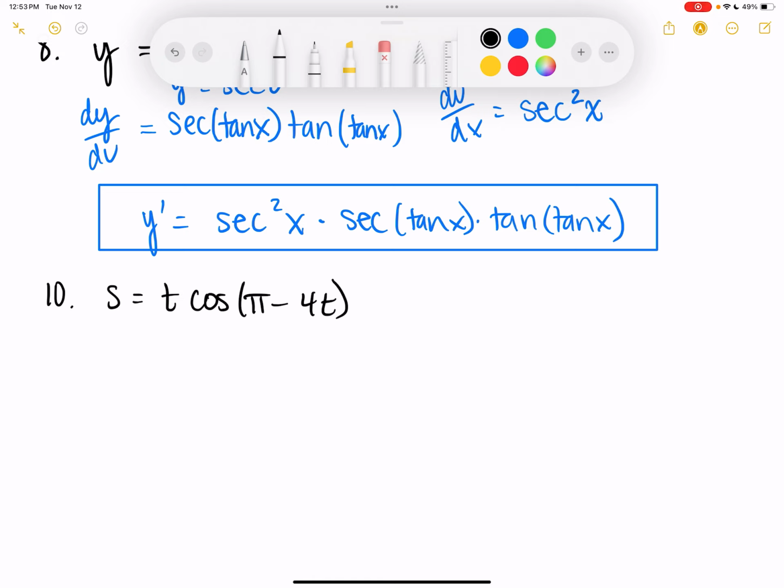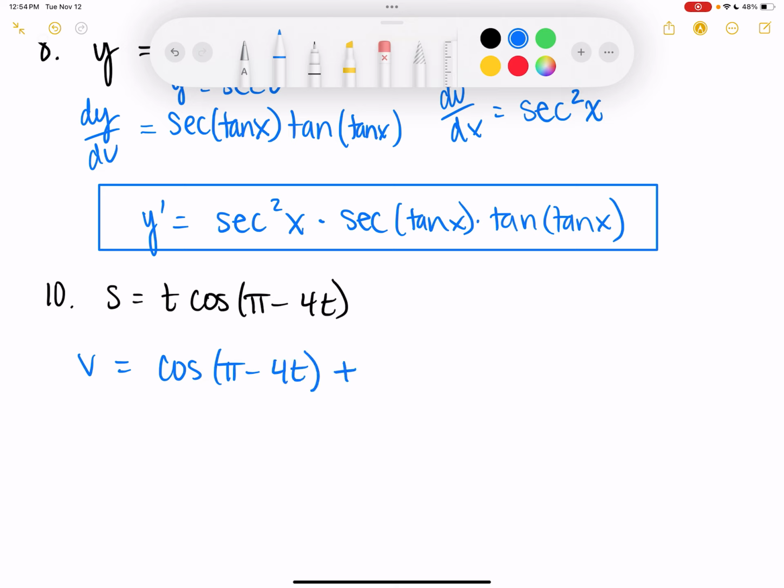I have position, and I'm looking for velocity, so what does that tell me I need to do? The derivative. So v equals, now what do I have here? Product and chain rule. Okay? This is where they start to get a little bit dicey. So, nice and easy. Derivative of the first thing. I know it's not the order we normally do it, but it would just be 1. So then we'll have cosine of pi minus 4t